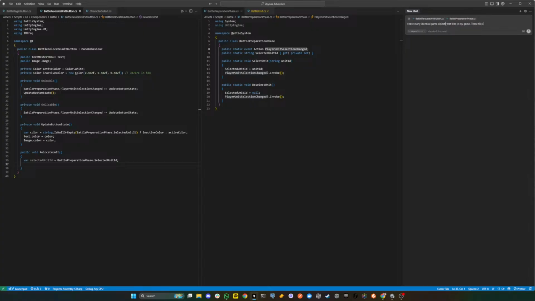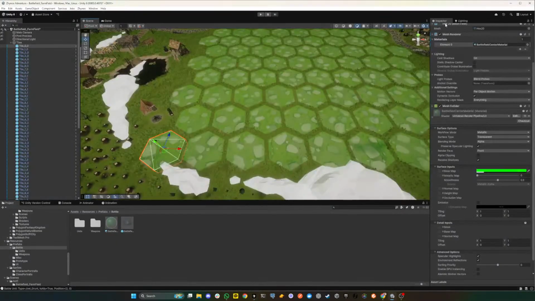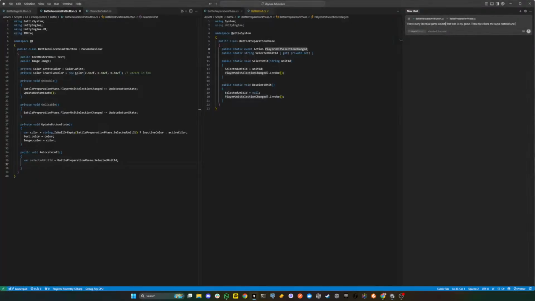These tiles share the same material and shader for that material. When I click on a single